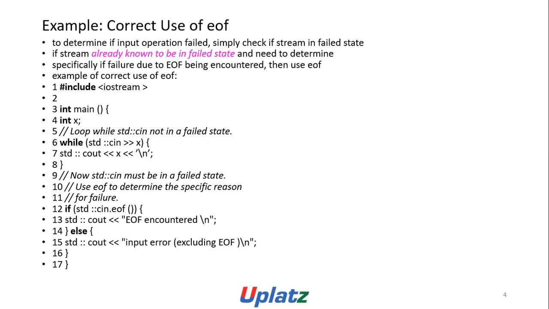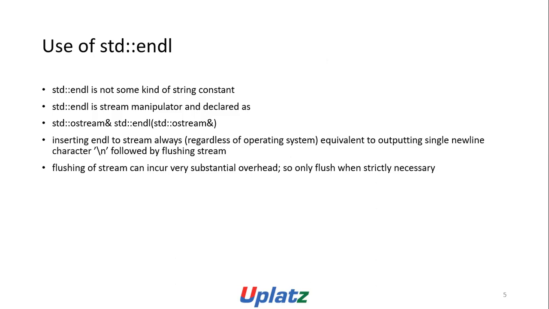Example of correct use of EOF: #include <iostream> int main() { int x; while (!std::cin.fail()) { while (std::cin >> x) { std::cout << x << "\n"; } // Now std::cin must be in a failed state. // Use eof to determine the specific reason for failure. if (std::cin.eof()) { std::cout << "EOF encountered\n"; } else { std::cout << "Input error excluding EOF\n"; } } }